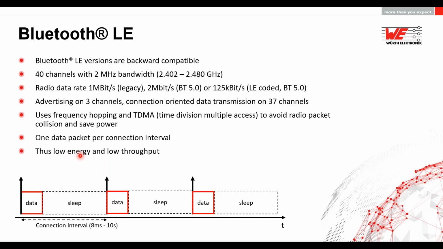As you can see, the difference here to the Bluetooth Classic is that in Bluetooth Low Energy, you have something like a duty cycle formation here. So there is a connection interval, which can be from 8 milliseconds to 10 seconds. It is usually configurable. So the device transmits data at the beginning of the connection interval and then goes into sleep. So the idea is to transmit as much data as possible, as fast as possible, and then save energy by going to sleep. These are the optimizations which result in really very good energy performance of a Bluetooth Low Energy enabled system.